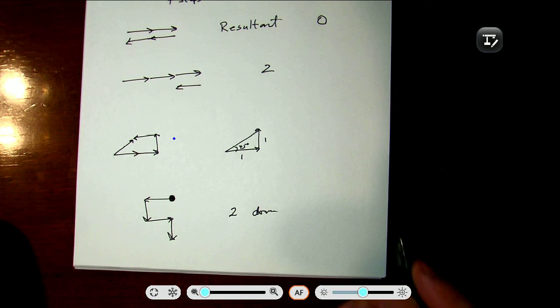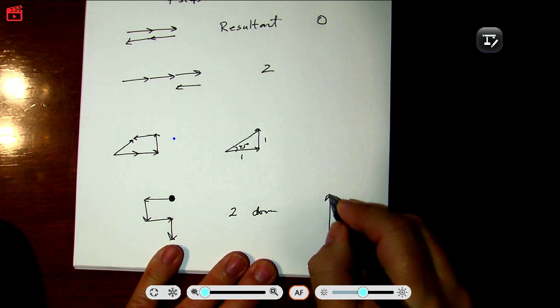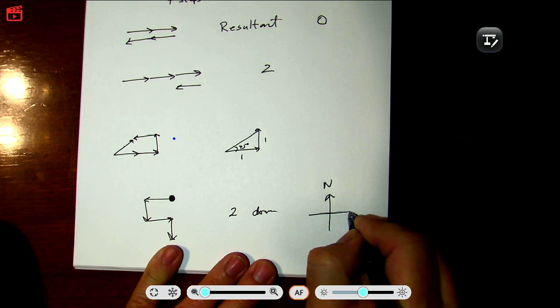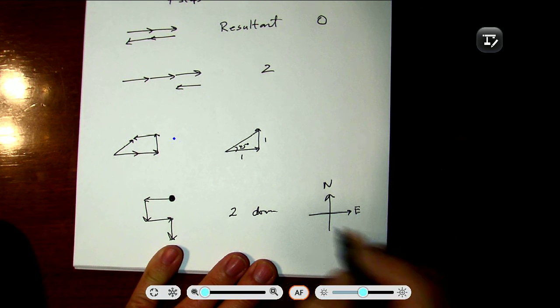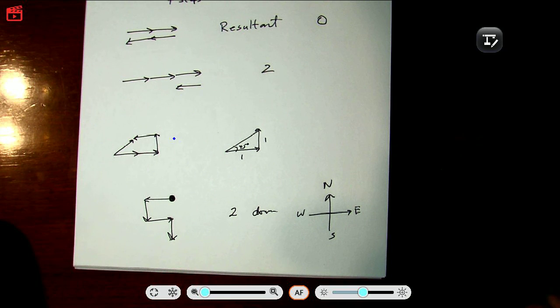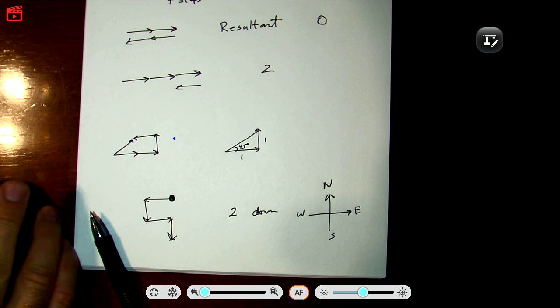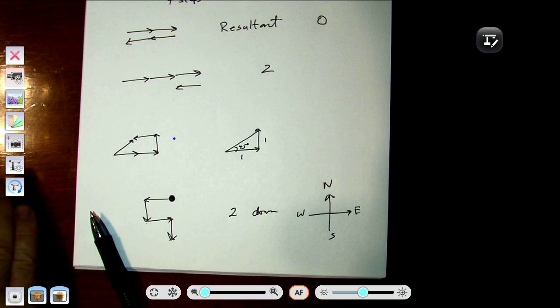Or if we were doing directions, north, east, west, south, maybe we hiked a mile west, a mile south, a mile to the east, and a mile then south, and we would be 2 miles from where we started. I hope this helps get a conceptualization of what